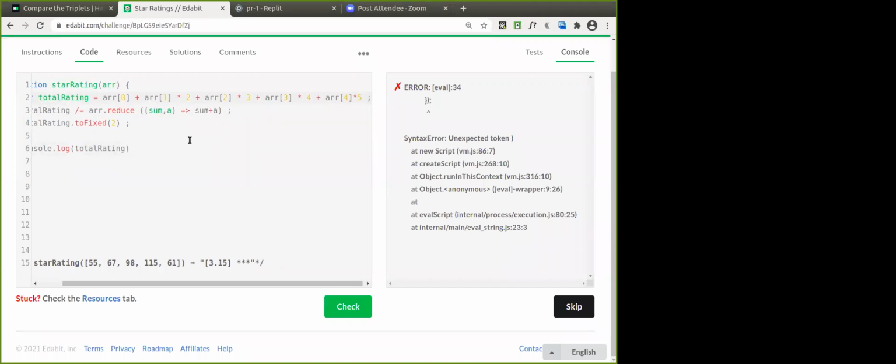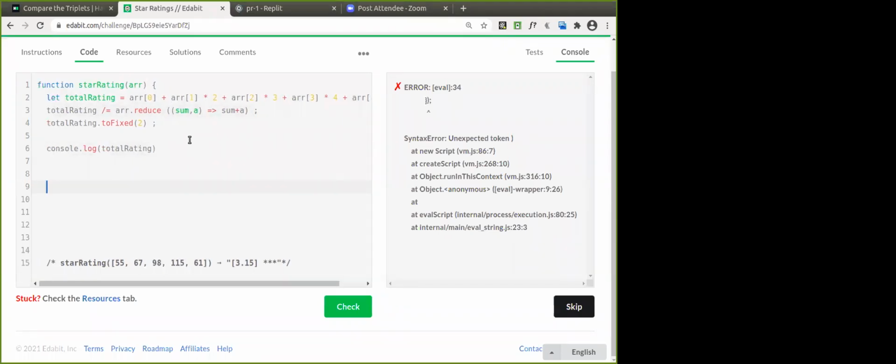Unexpected token at line number. Yeah, guys, what is the error in this one? toFixed 2, it's okay. Sum is equals to sum plus a. Arrow function reduce. Yeah, it's there. It's an arrow function. Sum of reduce. This is an arrow function only.